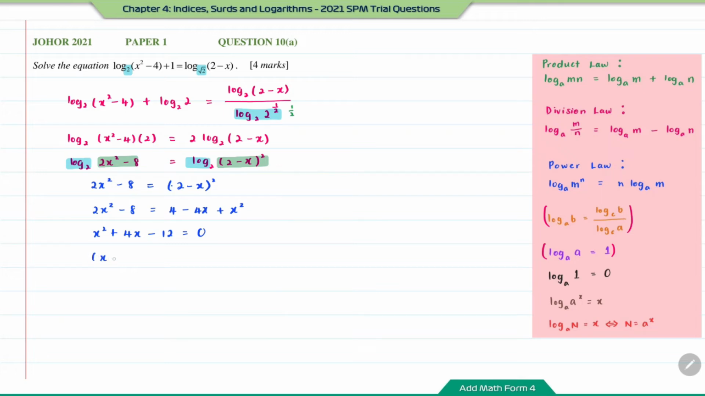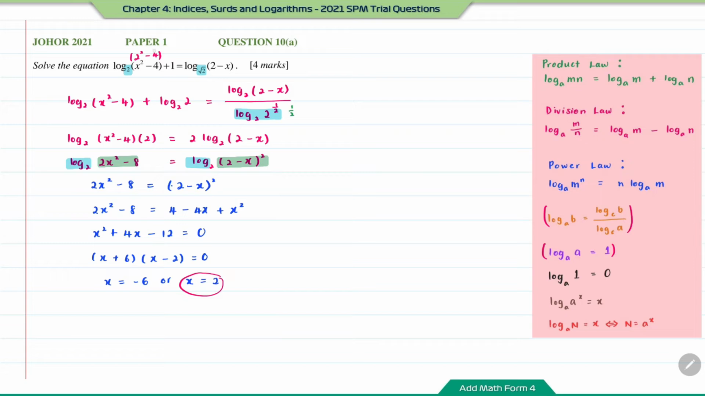So now I'm going to use factorization. So here you're going to get the first bracket (x plus 6), another one is (x minus 2), equal to 0. Therefore, x is equal to negative 6 or x is equal to 2. Now, I have two values of x here. Now, if you substitute the value of x equal to 2 back into the question here,